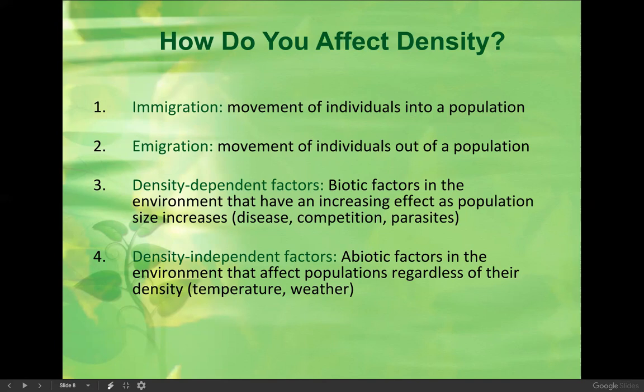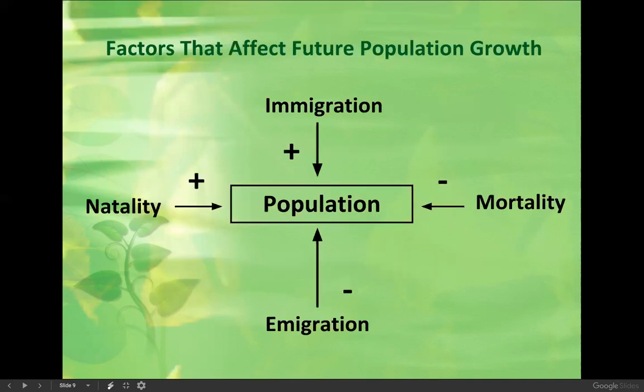Density independent factors, abiotic factors in the environment. These are non-living factors that affect the population. So for example, the fires out in California is a great example of abiotic factors that affect the population's density, temperature, weather, some others. Okay, so the factors that affect the future population growth, you can see all these things